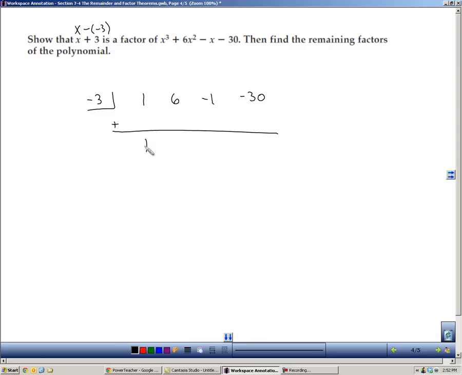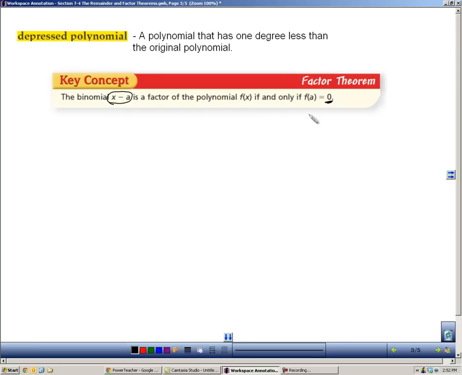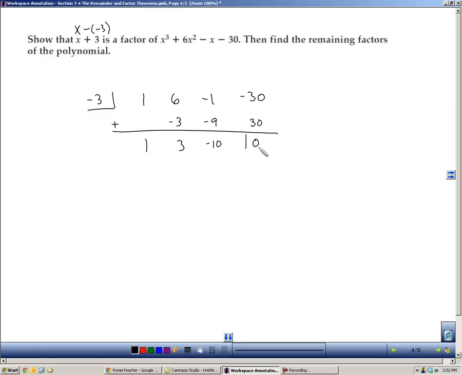So 1 plus nothing is 1. -3 times 1 is -3. Add them together, get a 3. -3 and 3 is -9. Add together, get -10. -3 and -10 is 30. Add them together, you get a remainder of 0. So because of the factor theorem that we just looked at, we found the remainder was 0. And if we find the remainder is 0, we've just proven that x plus 3 is a factor of this polynomial. Furthermore, we've also shown that if you take the x plus 3 out, you're left with a new polynomial